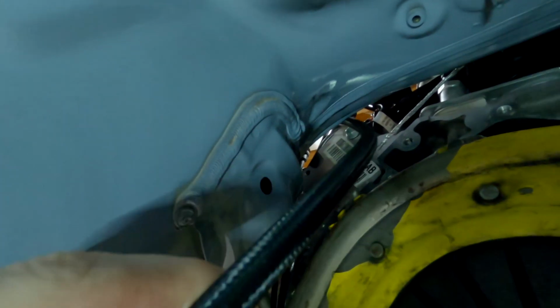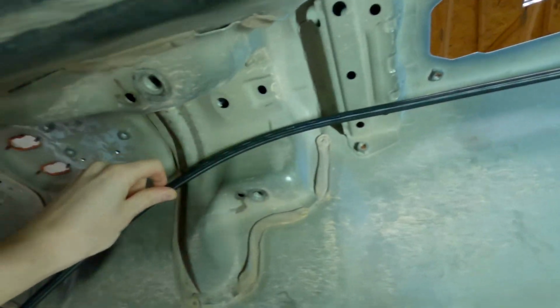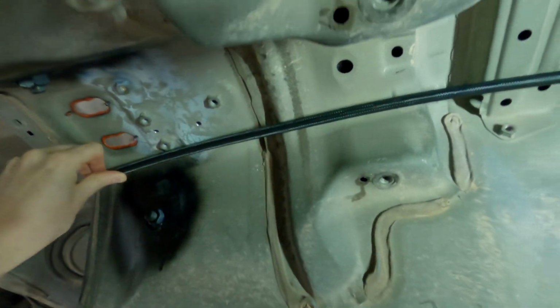All right, as you can see, here's the fuel line. It's coming up over top of the head there and the valve cover. And what I'm going to do is I'm going to run this up as tight as I can along the top of the trans tunnel here. And then